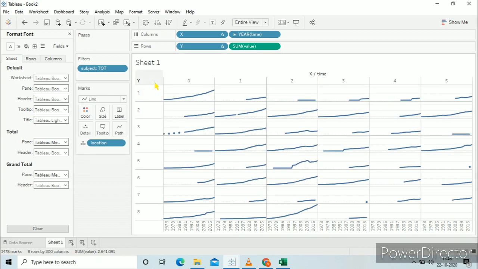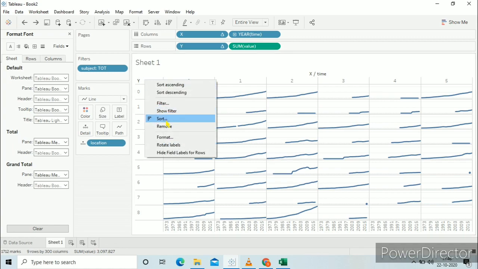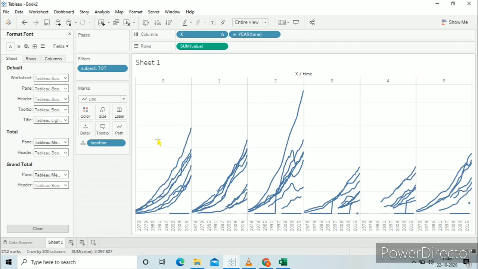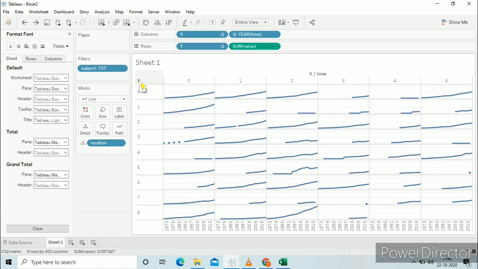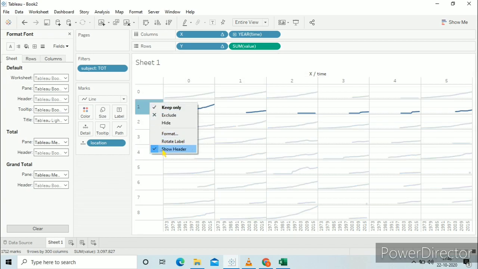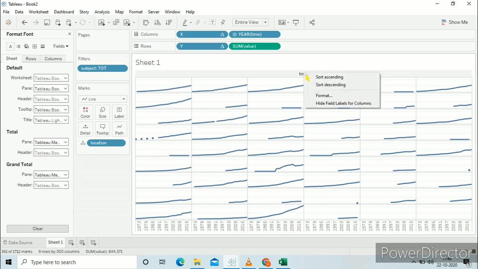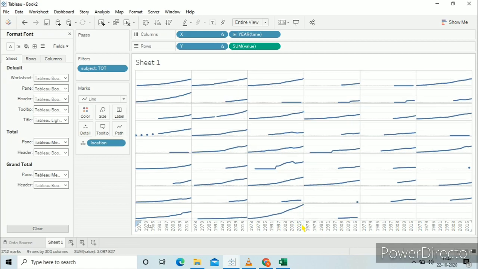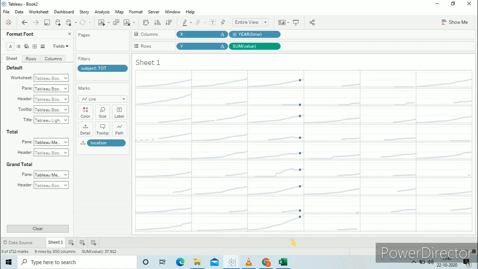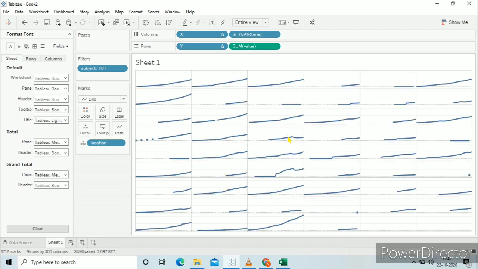We will just clean it. Hide field labels for rows, remove the header. Okay, now we have removed everything.